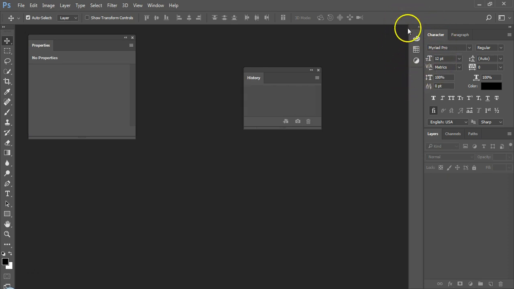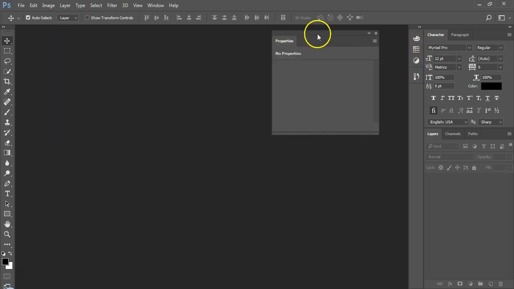Now with these three panels docked in the vertical panel, we will dock the History and Properties panels in that panel one by one. Just click and drag a panel and dock it under the last icon of the vertical panel. And if you like, you can also dock it above the first icon, but not in the middle of those three. They are in one group, so you cannot. Now finish docking your last panel.